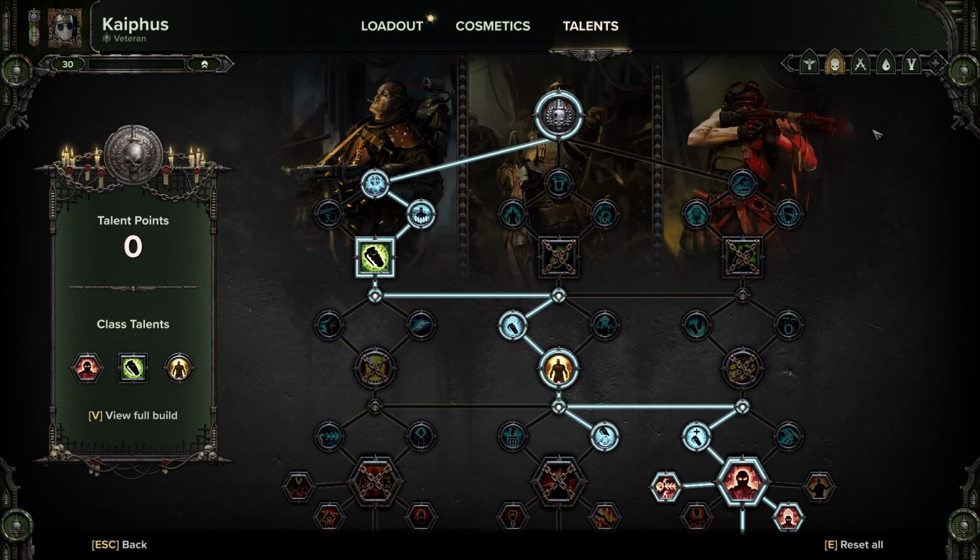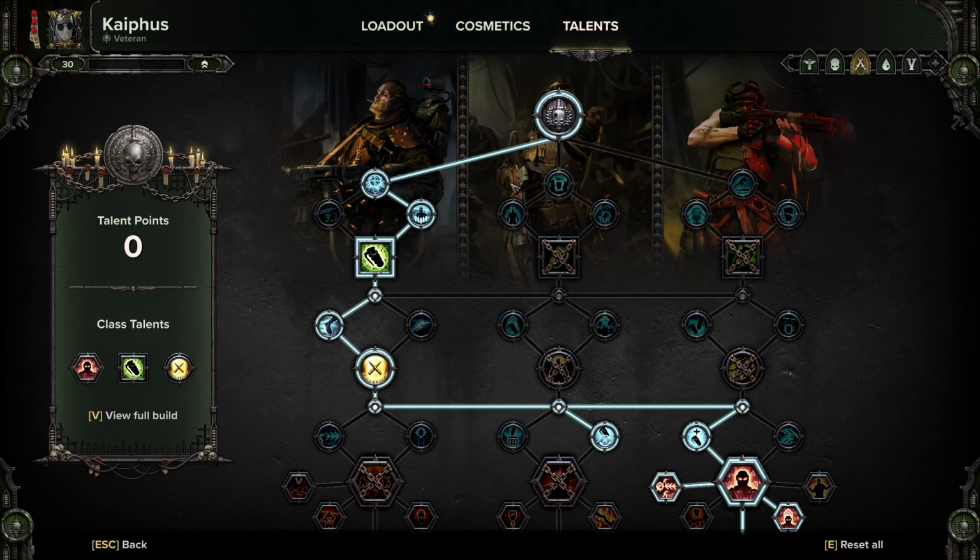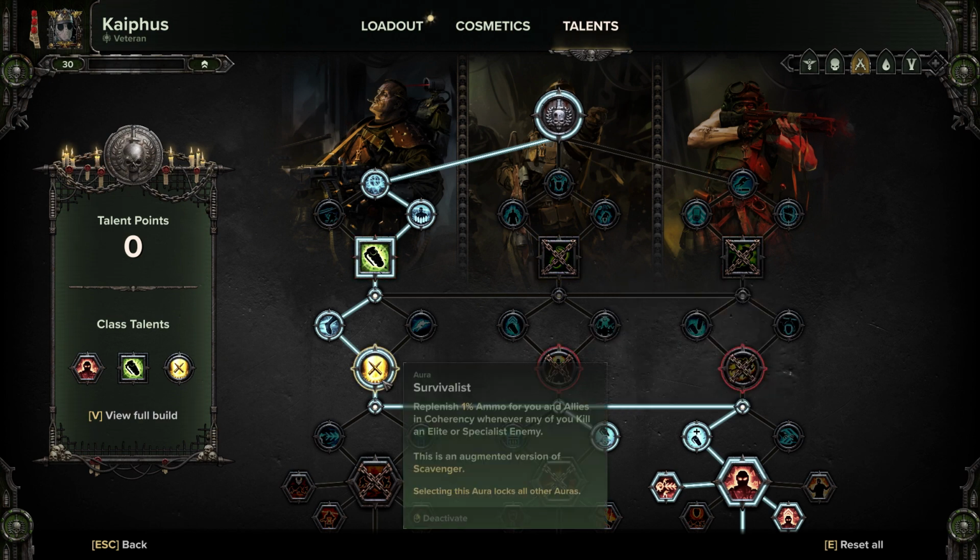Now, to really quickly show you the other version, I'm not going to spend a lot of time on this. This is the gun-centered version. The only reason it becomes a gun-centered build is because of Survivalist. The Columbus infantry autogun does not have many ammo issues because you're not going to be spraying it a lot. You're not really relying on it to kill big packs of elites and specials. You really are just using it as a reliable ranged weapon that can deal with problems that are a little